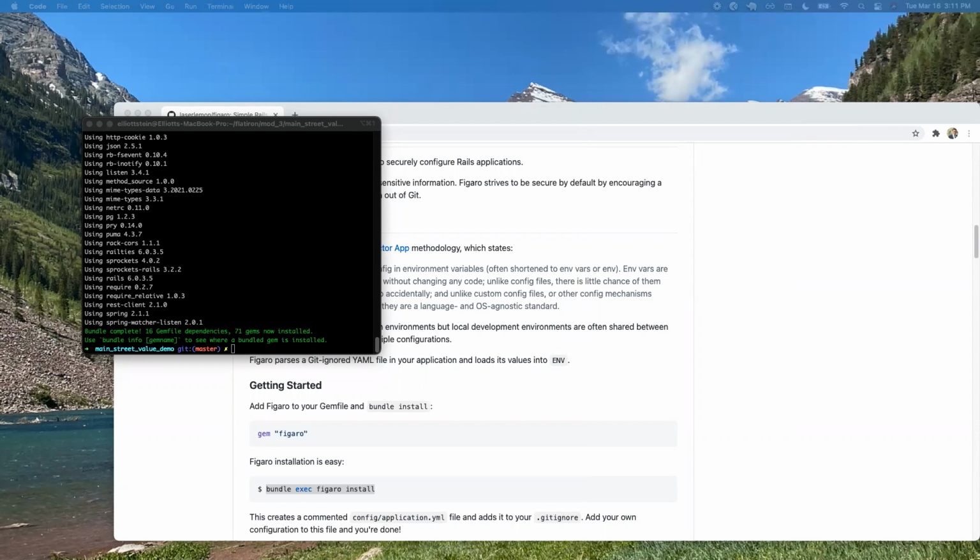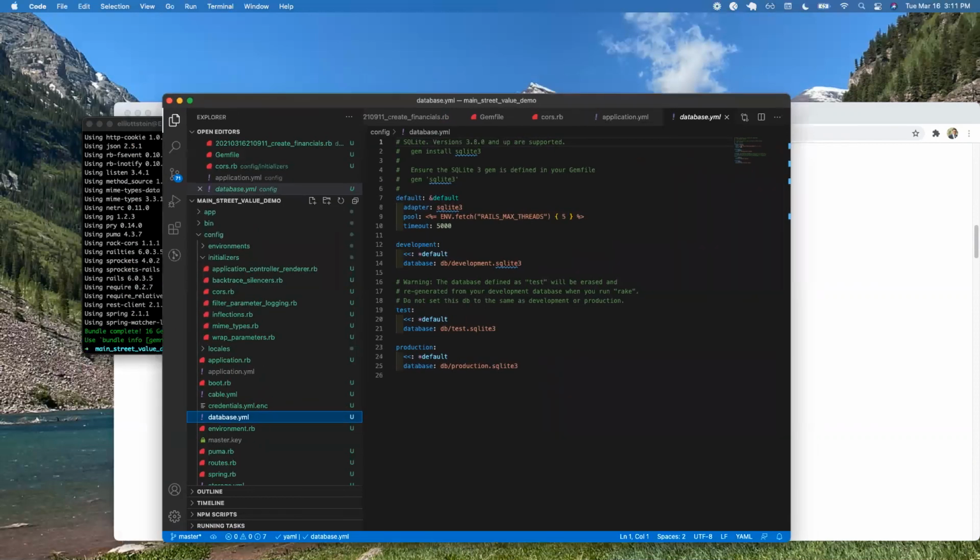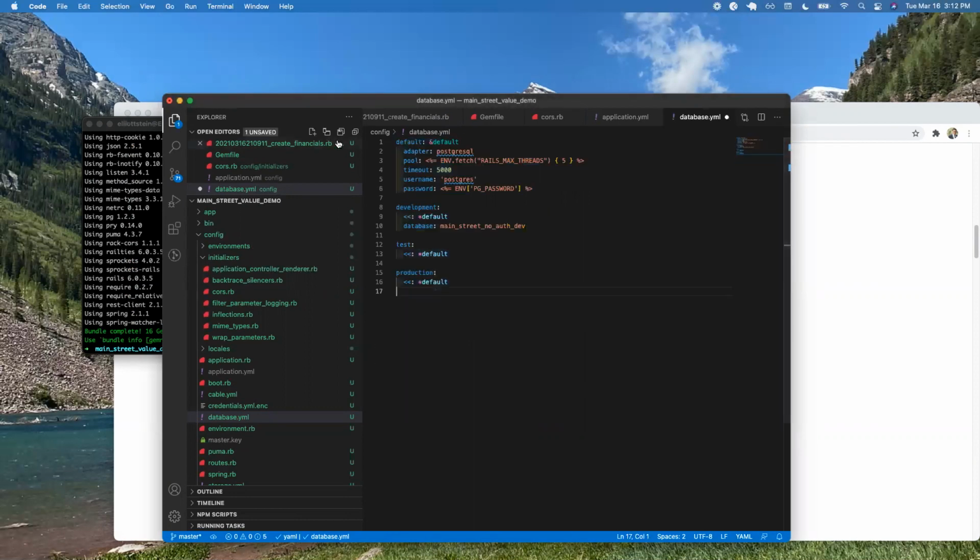And then in the database.yml file, all of this right now is still SQLite. So I have a file right here that we can copy. Erase everything about SQLite,